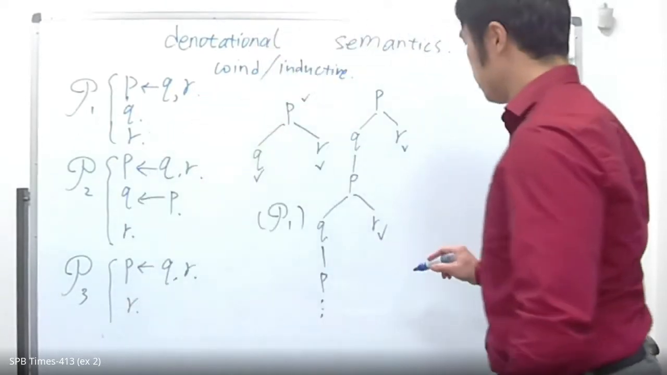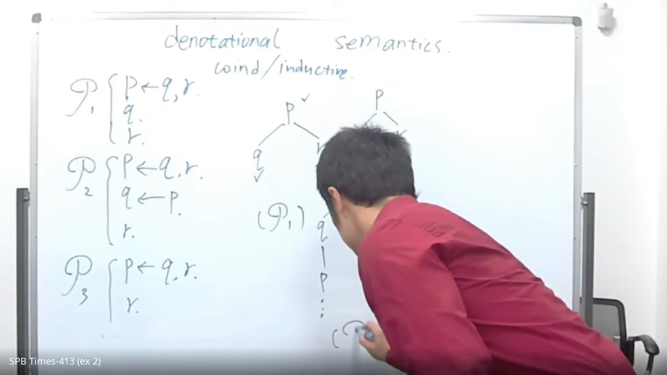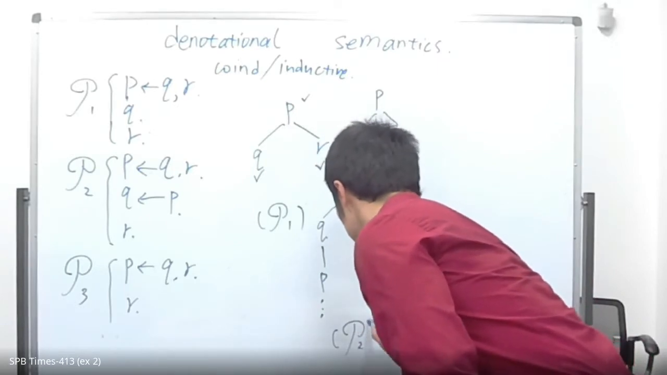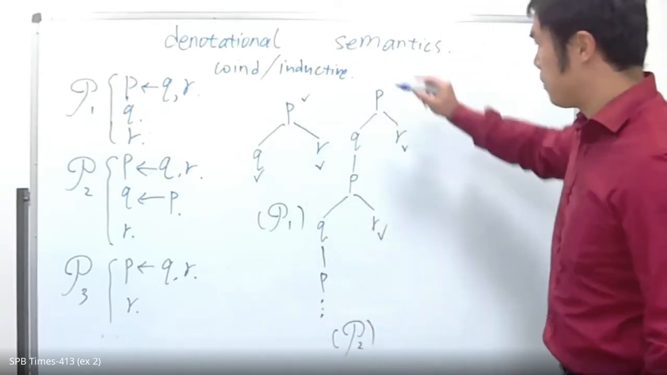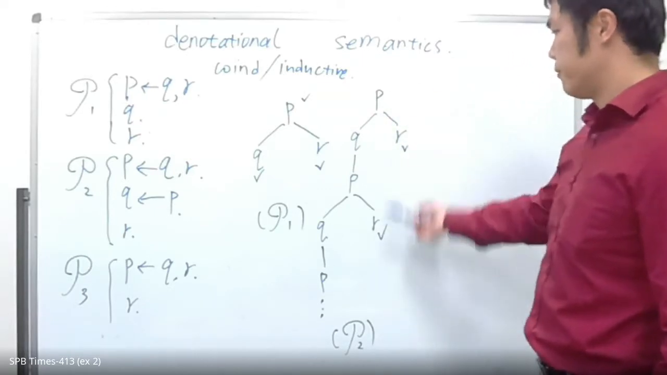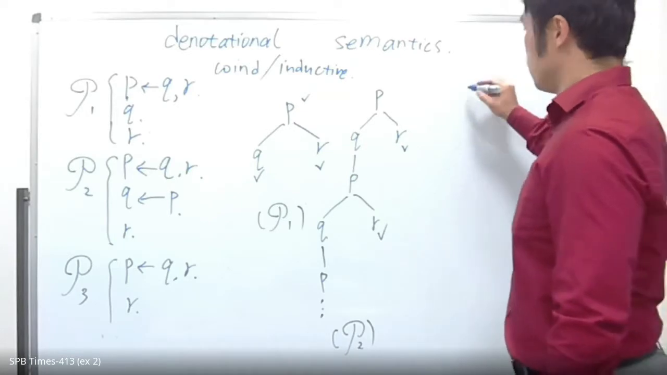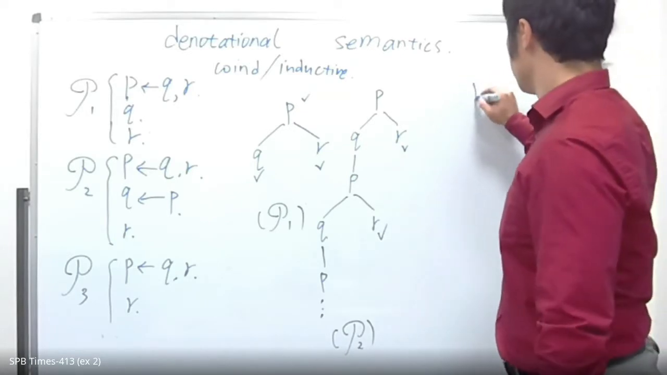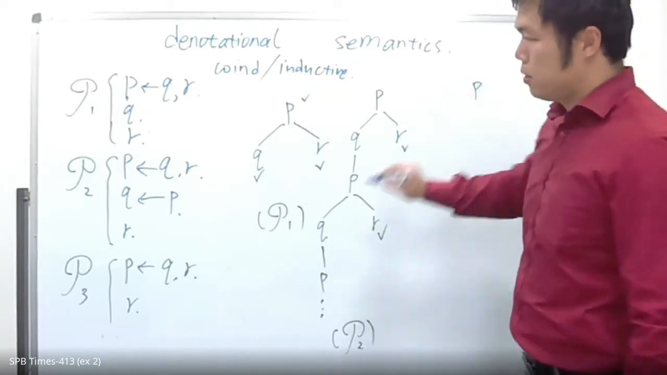This is an infinite tree. And this is what happens when we want to prove P with respect to the program P2. We get this infinite tree. And if we want to prove P with respect to the third program,